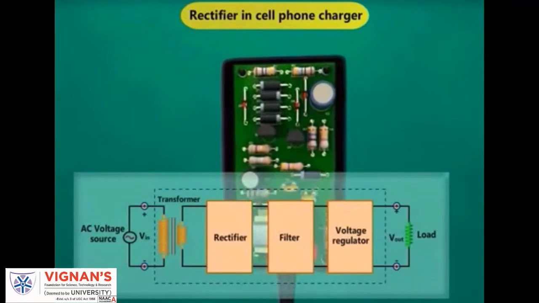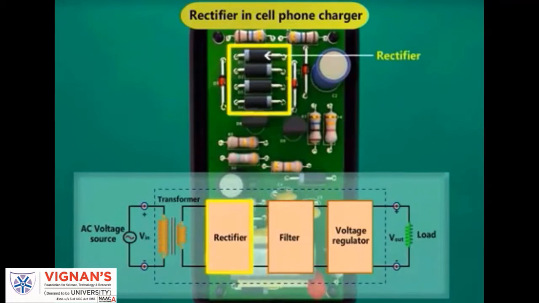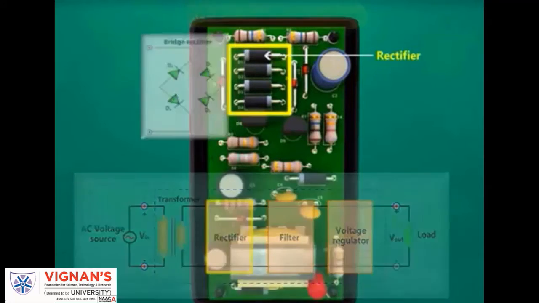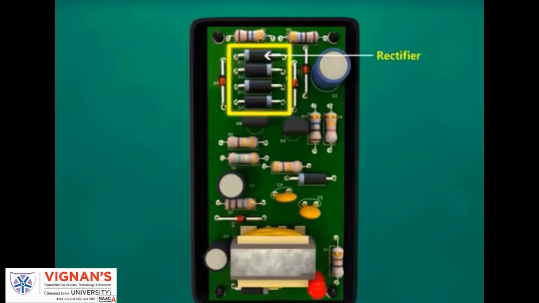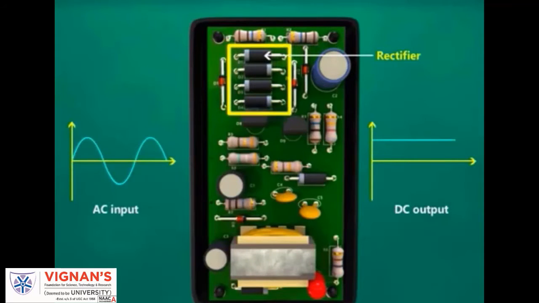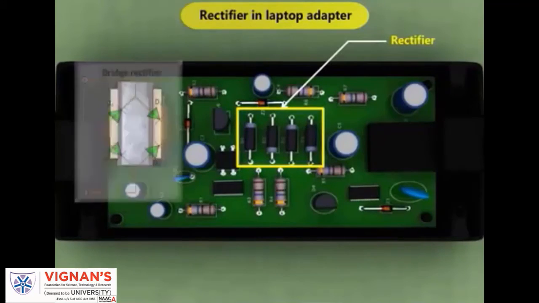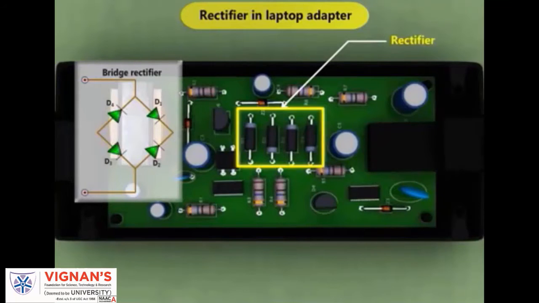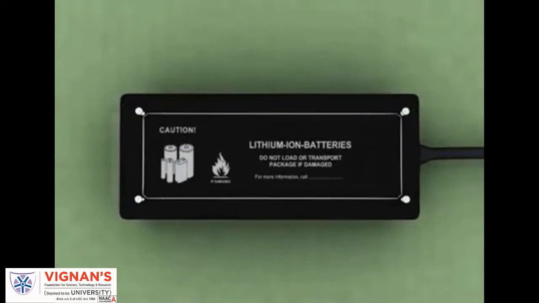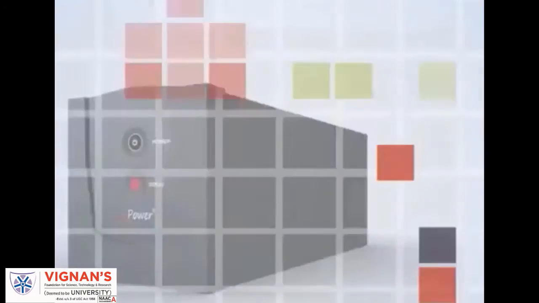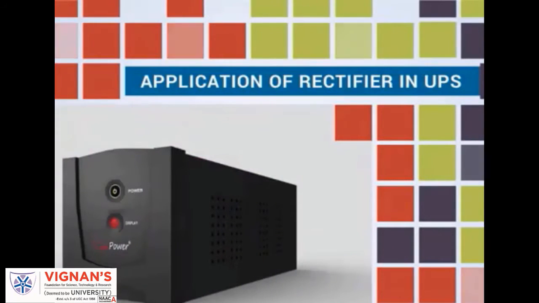In the mobile charger, what we are seeing has a rectifier inside of that. It is a bridge rectifier, consisting of 4 diodes. It will convert the given input AC sinusoidal voltage into an output DC voltage. The adapter which is used in laptops also consists of rectifiers. Coming to the